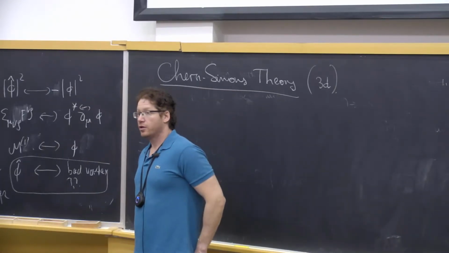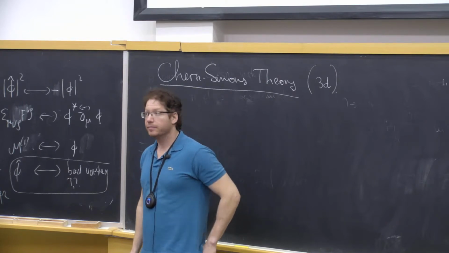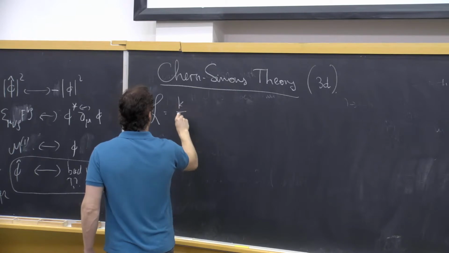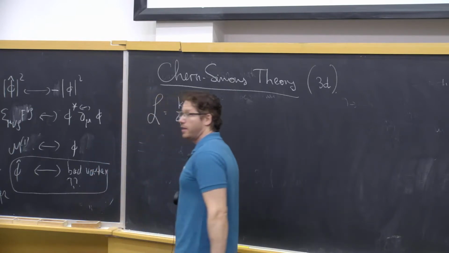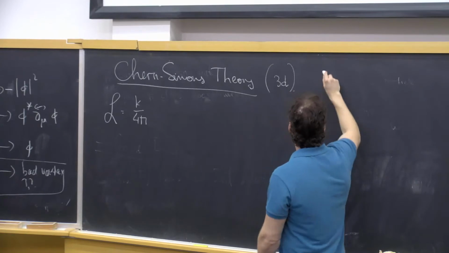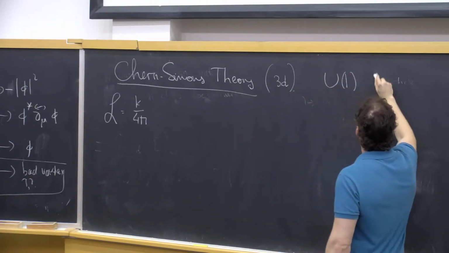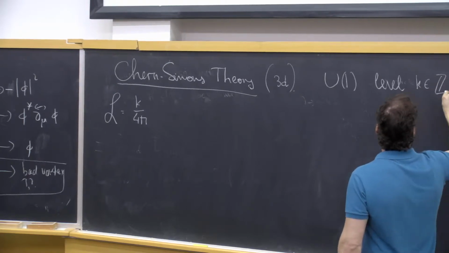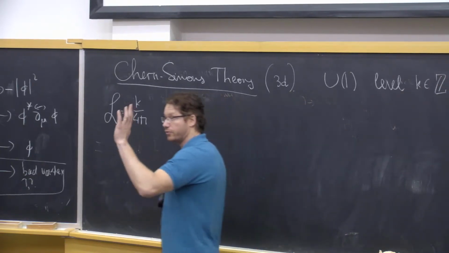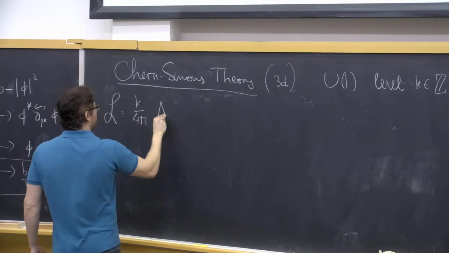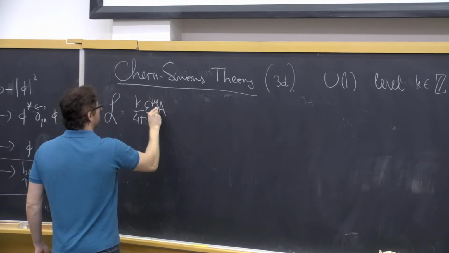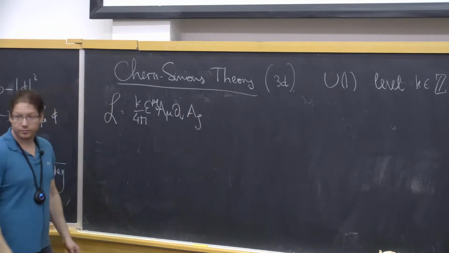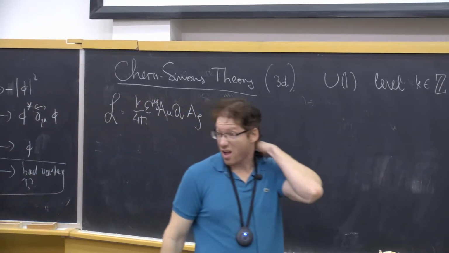Okay, I'm switching gears to the next topic, which is Chern-Simons theory. We'll start from abelian Chern-Simons theory. So we'll start from U(1) Chern-Simons theory at level k, where k is an integer. I'll tell you soon why it has to be an integer. So then we have epsilon mu nu rho a_mu d_nu a_rho. Sorry, Lorentzian version of 2+1.